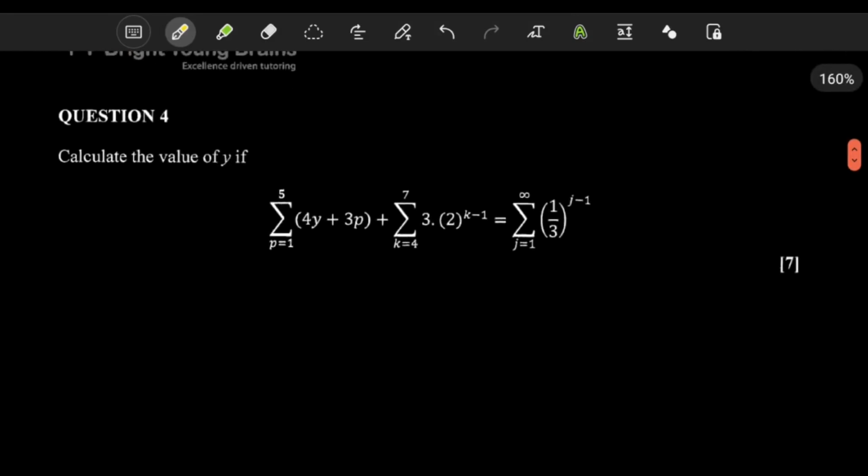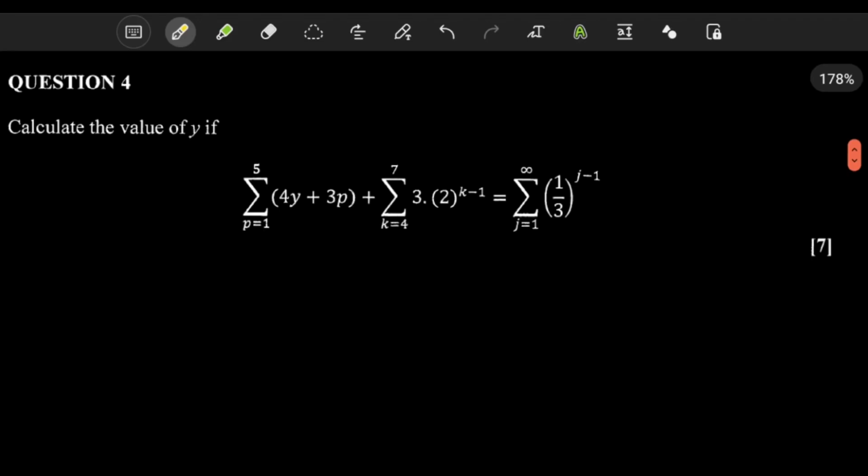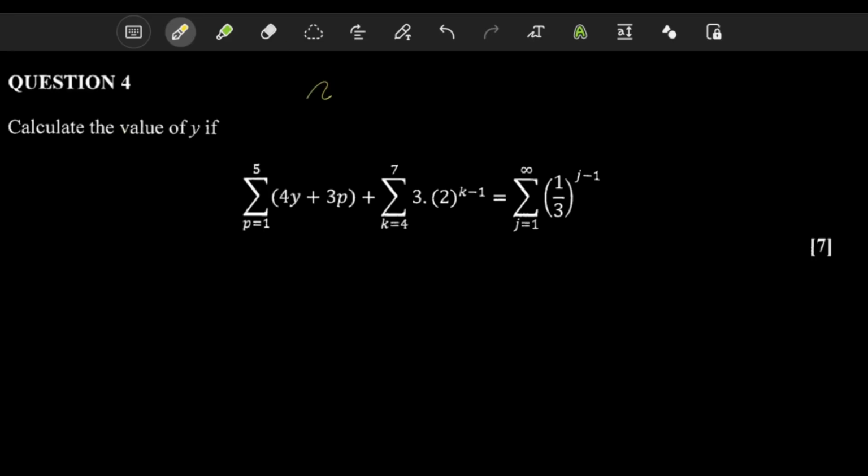It's a 7-mark question, and you just need to be careful with a question like this one. Don't try and do everything at once. Just break it down nicely. And if you've watched tutorials, for example on the course platform, in the Zoom sessions package, there's a